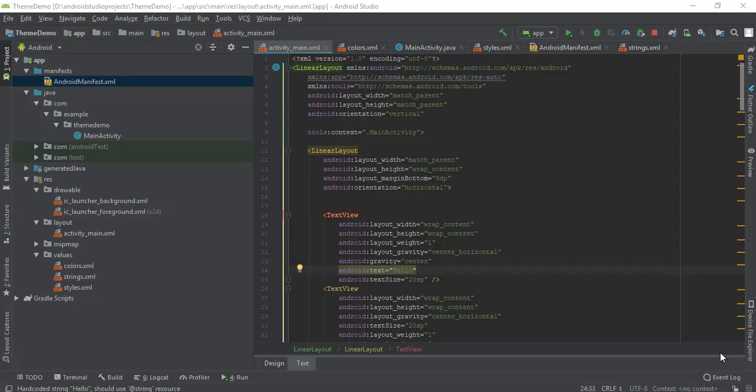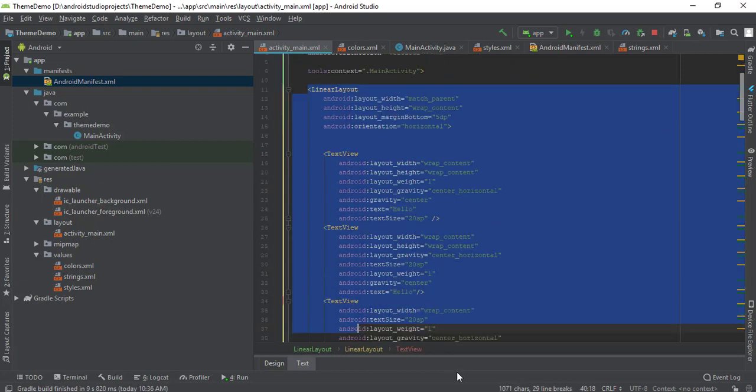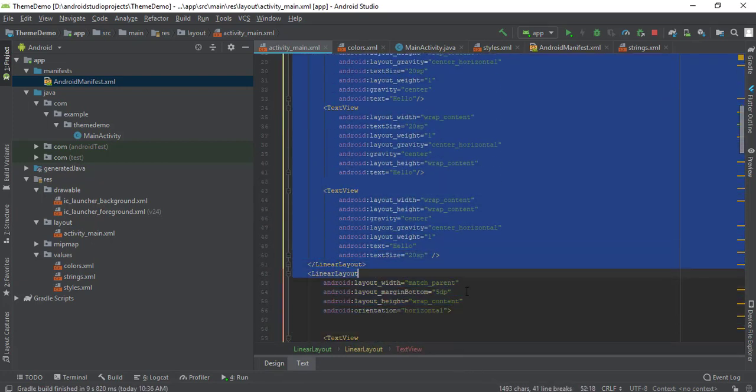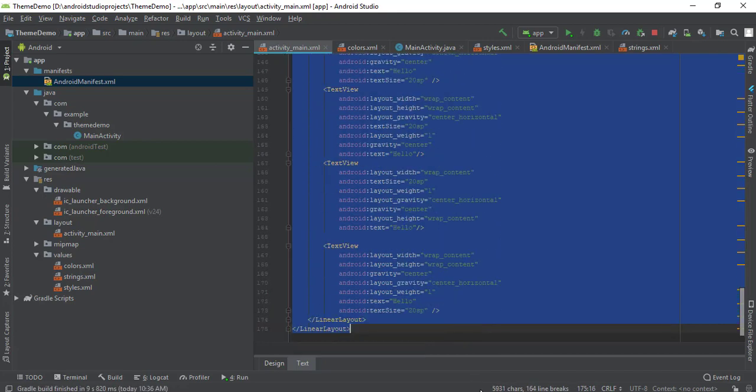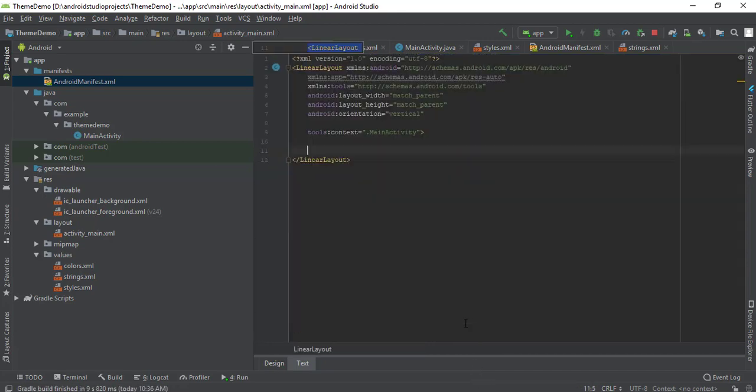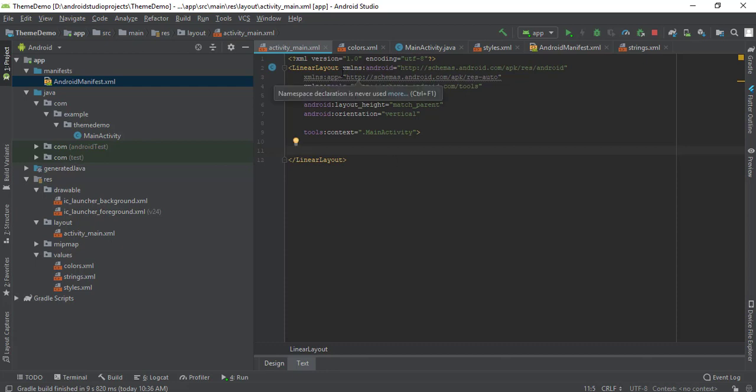Welcome back. In this video we will learn how to play an audio in Android, or how to make an audio player. A simple audio player we will make here. So first of all I'm going to remove all of this stuff inside, in the same project, and I'm going to change this one to